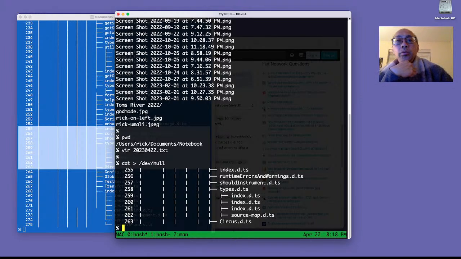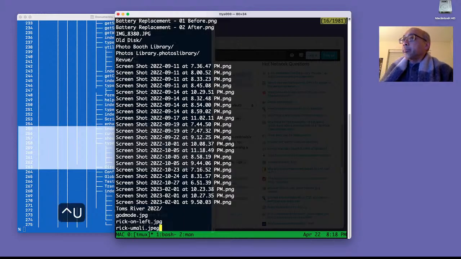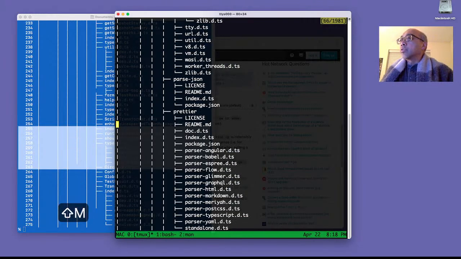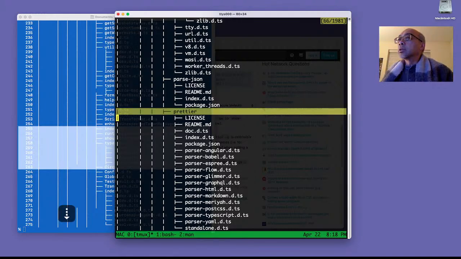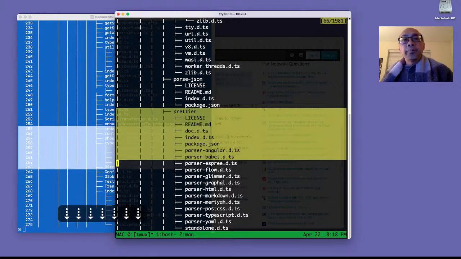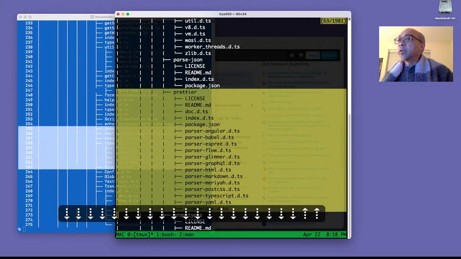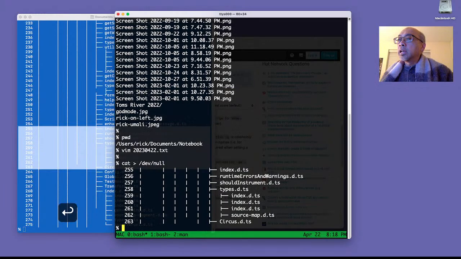So to prevent that from happening, tmux of course has the ability to select while you're inside of copy mode. To do that, say you wanted to select all these parser files, prettier. You can press space. When you press space, you're immediately in select mode. You can press down to collect the lines that you want, and then when you press enter, it saves it